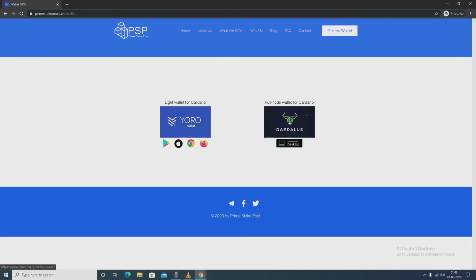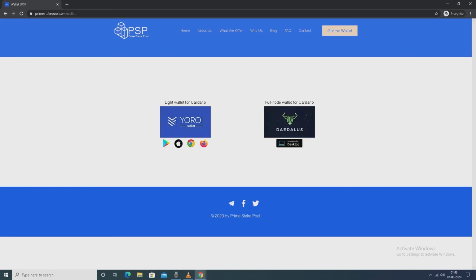Here we will find two kinds of wallets. One is the Daedalus wallet, which is for the desktop version, and the other is the Yoroi wallet. It is the light version available for Android, Mac, and browser extensions for Chrome and Firefox.